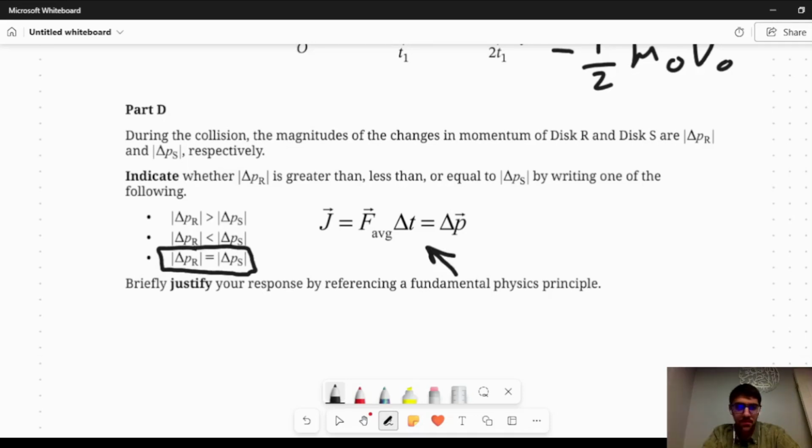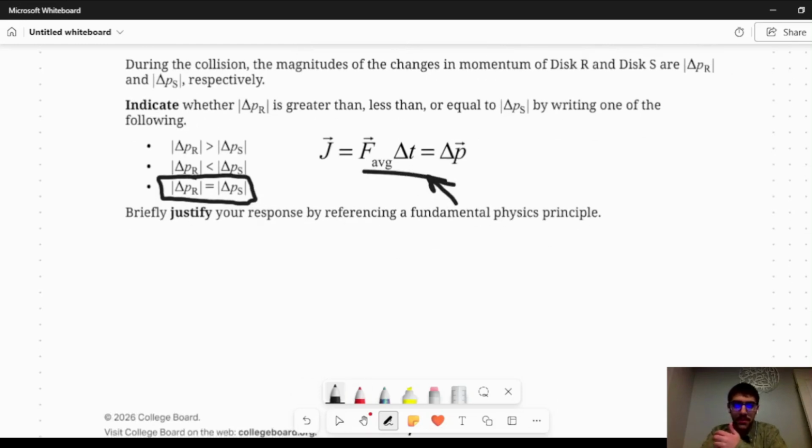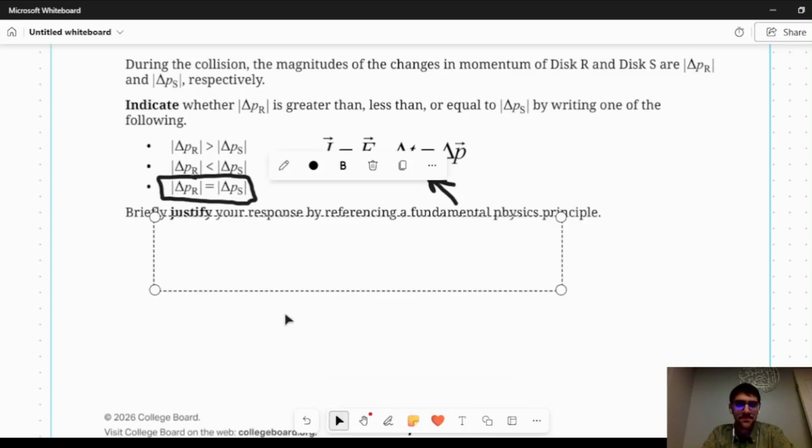And so based on this equation, it tells us that the change in momentum is equal to force times change in time. We know that when they collided, it was for the same amount of force. And since they were both hitting each other, based on Newton's third law, there was an equal and opposite reaction on both. So the force was the same, the change in time was the same, because it was just the time that they were touching each other. So that would mean that the change in momentum would be the same, and you would justify it using this equation. So that would look something like,